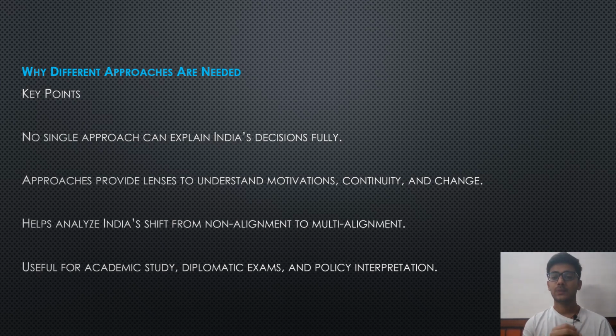So why do we need different approaches to foreign policy? What is a different approach, first of all? We have cell phones. If I put a cell phone in front of you, it is something very diverse. It can do a lot of tasks and has a lot of features within it. But two people may look at the same cell phone differently. Someone may say this cell phone is ruining the youth because they are busy on their phones all day. But someone may say no, this cell phone is actually making the youth more aware, more technologically advanced, and giving them new opportunities. So same cell phone, but different ways to look at it.